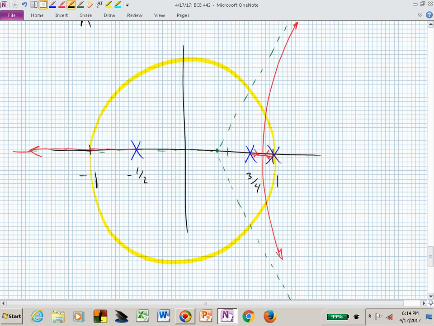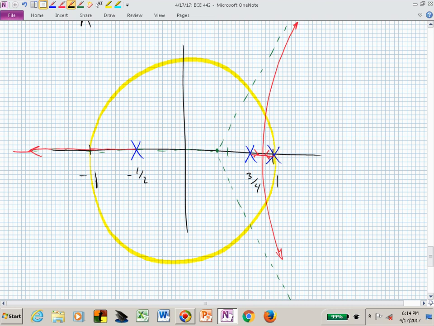Probably don't want to plug in z equals 0 because it's not even on the root locus. I'm sorry, it is on the real line. But what's another value that would be easy to determine and might be suggestive of a possible maximum value for k? Pardon? -1. So if we look at z when z is equal to -1,